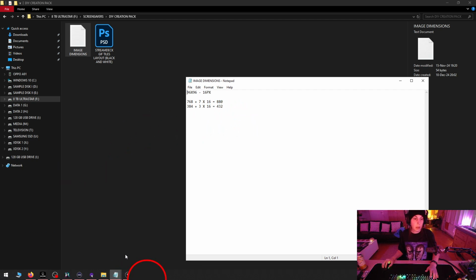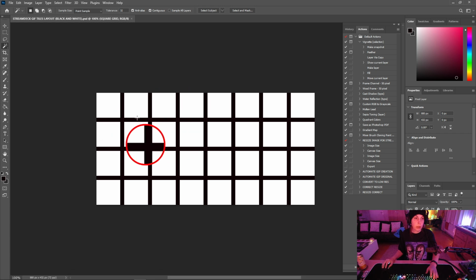And then I made this Photoshop file with automations for resizing to full screen screensavers, and basically to automate the